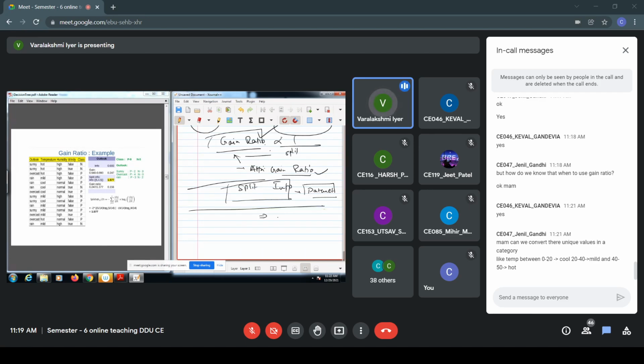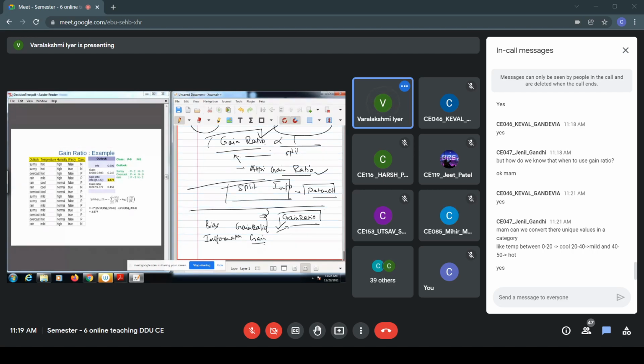But in certain cases, if you do not want to do that, and suppose you want to identify using gain ratio, then this is another method. Suppose we are not doing this particular conversion in our data set, since that might create some problem. In that case, the gain ratio can help us choose an appropriate attribute and avoid the bias we have with information gain. Are you getting this?